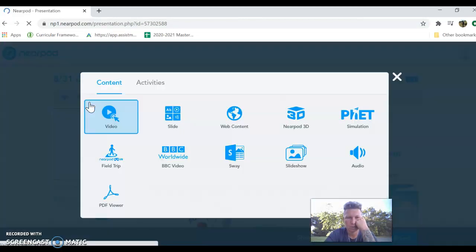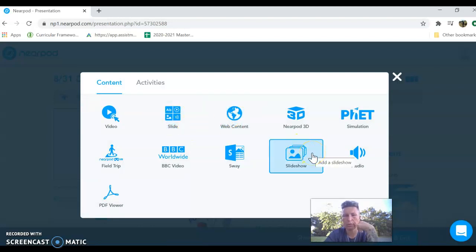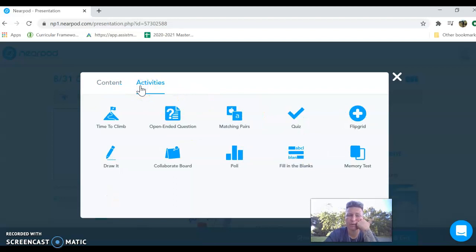You can also, this is how I did the web content. A normal slide is here. This is the slideshow where they could just scroll through. The activities are my favorite though. The time to climb was that race one with the mountain. Open-ended question was the last one. Matching pairs you guys saw, the poll, the collab board. Fill in the blanks is also really cool. I didn't add it in this one,